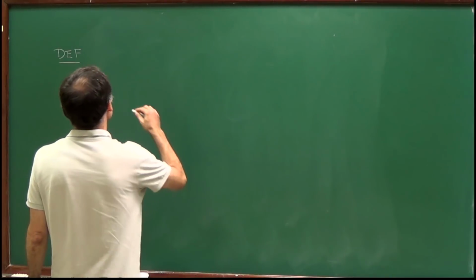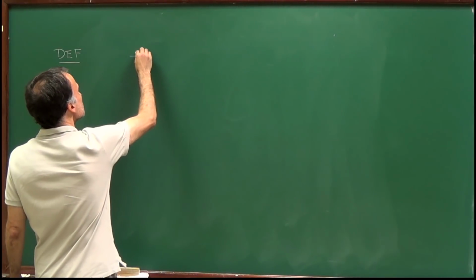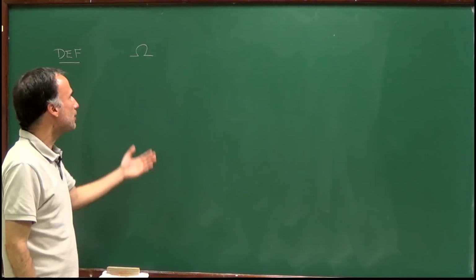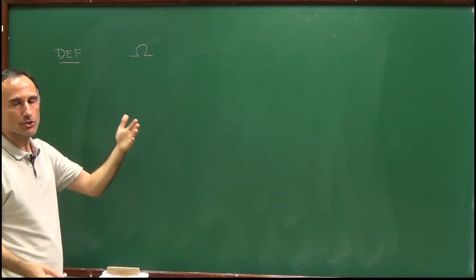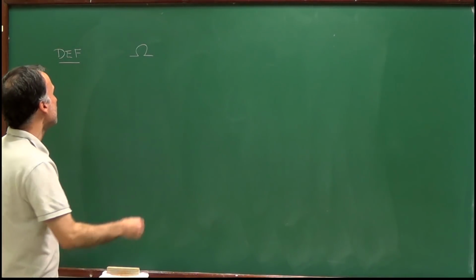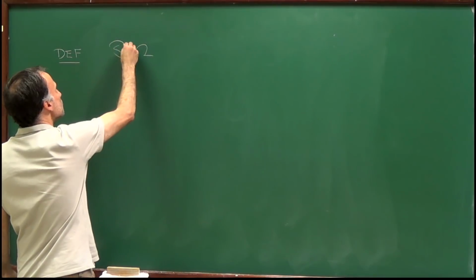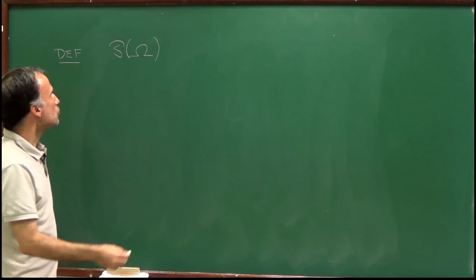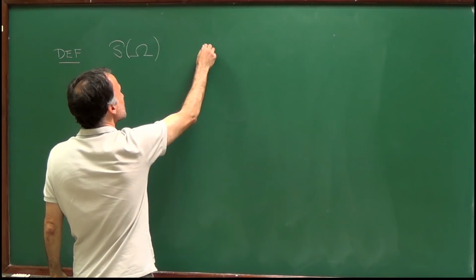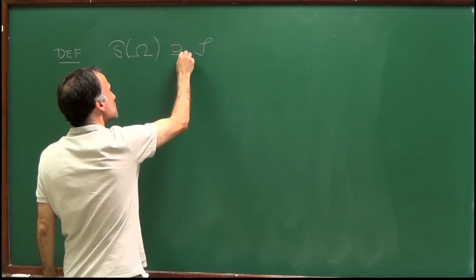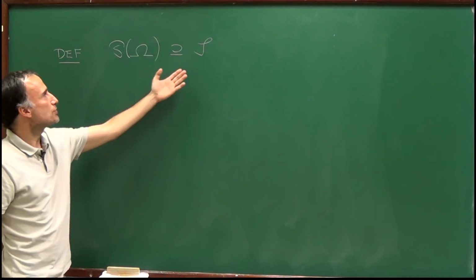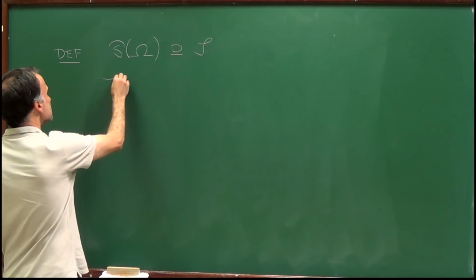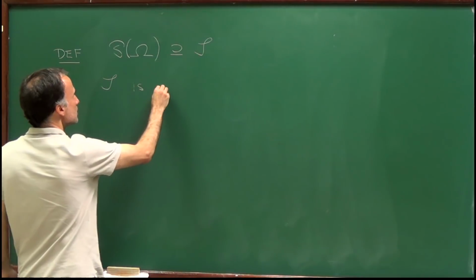So the first one will be, well, let's consider a set omega. Of course, you can think for the moment that omega is just R. And let's recall that we represent by P of omega all the subsets of omega. So let's say that we have a class S, which is a family of subsets of omega. We will say that this class S is a semi-algebra